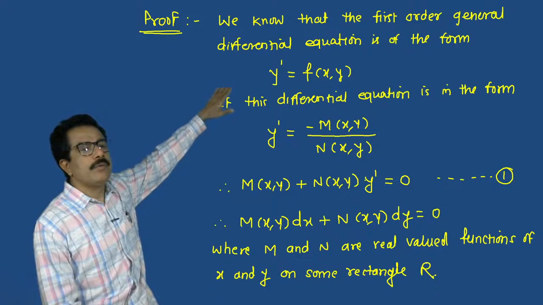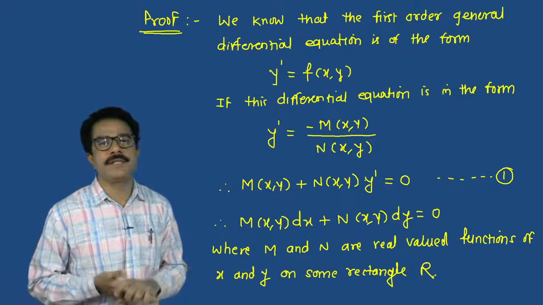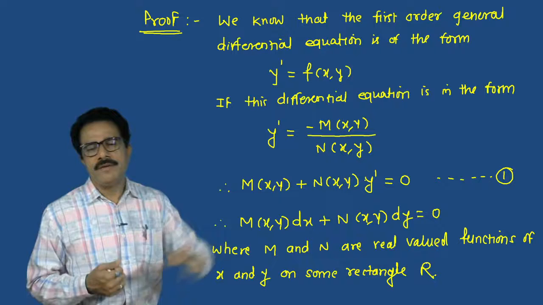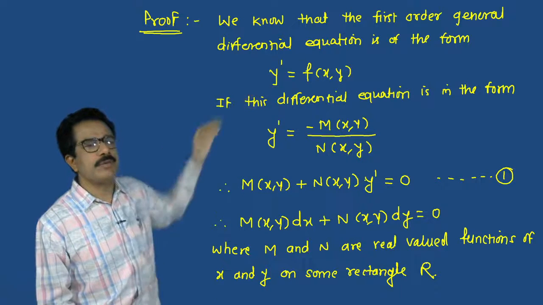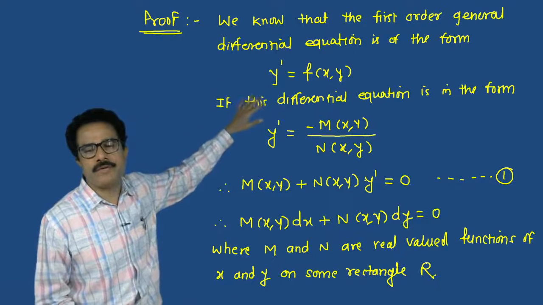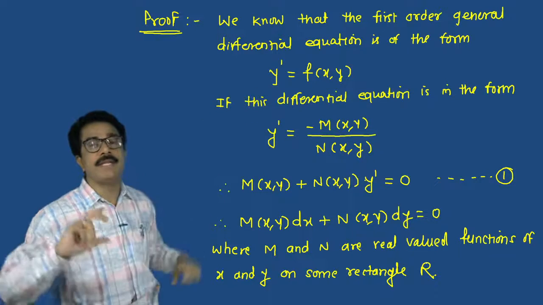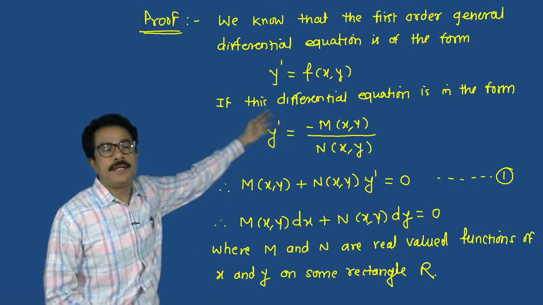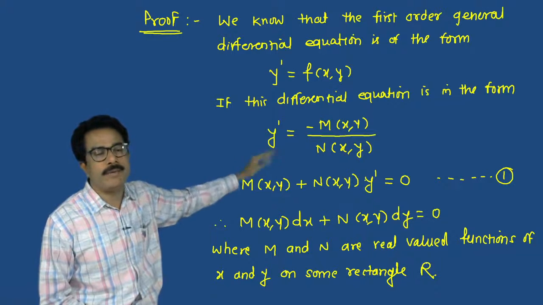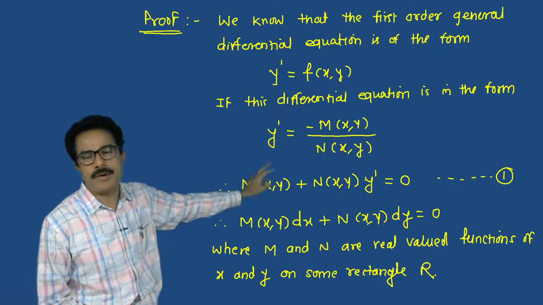We know that the first order general differential equation is of the form we have studied. The starting of this chapter is from this general differential equation. The first order general differential equation is of the form y dash is equal to f of x comma y. If f of x comma y can be expressed in this way, as minus M of x comma y divided by N of x comma y, that is y dash is equal to minus M of x comma y divided by N of x comma y,